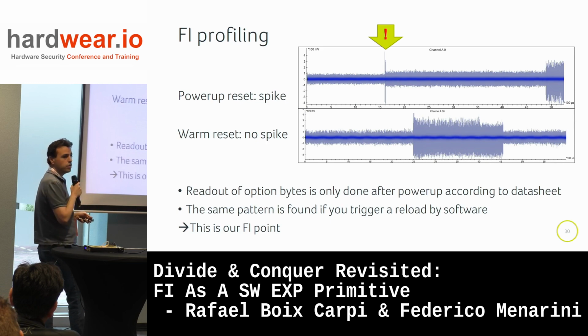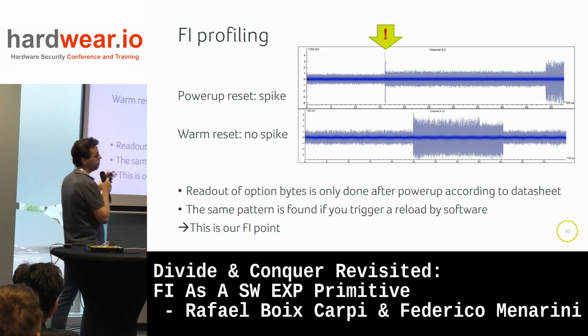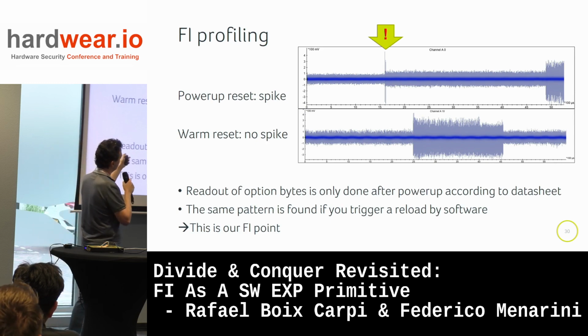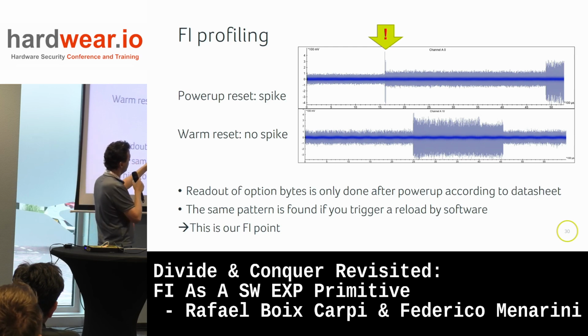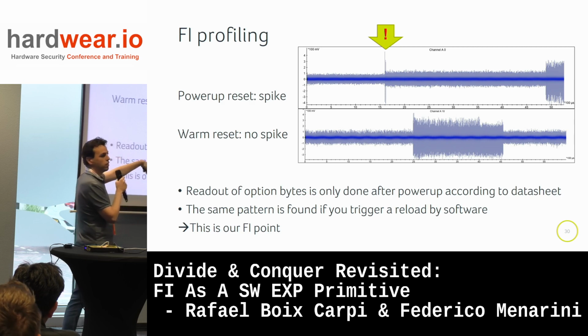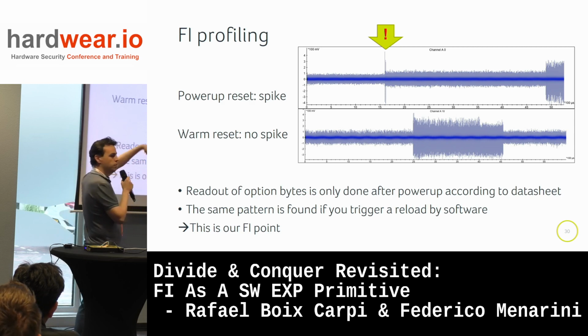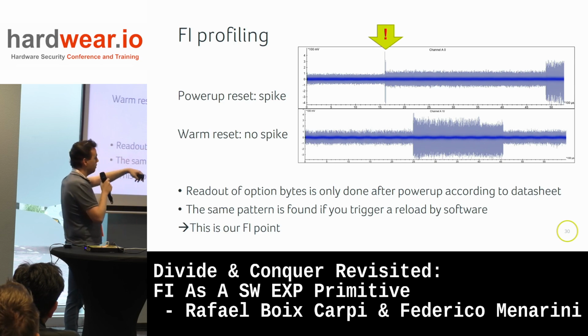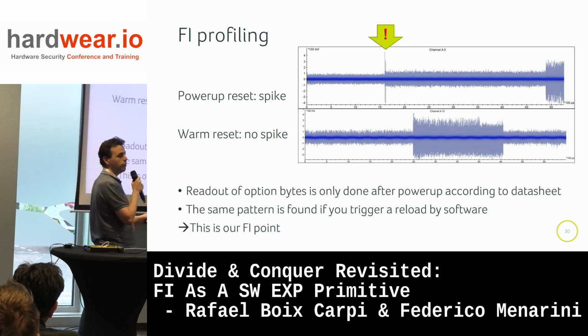So this is how the chip looks. If you boot it from power off, then we get this over here. This is, well, the laser pointer you don't see, but where the arrow is, you see that there is a spike, and then we have a certain pattern. And if we just press the reset button, then that spike at the beginning doesn't happen